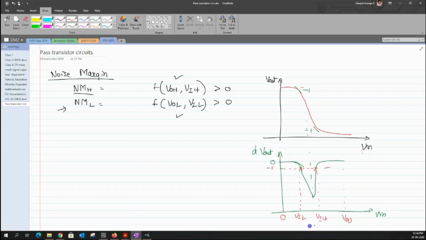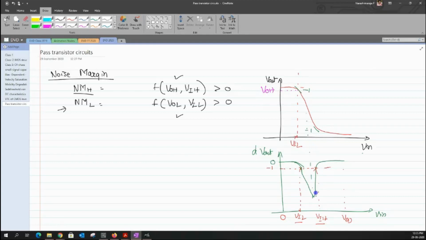Once we got the values of VIL and VIH, we will use these quantities in order to derive the values of the corresponding VOH or VOL quantities. Having got this VIL, I would take this particular point and read out the value of VOH by taking the value of VIL, which I have taken from the derivative graph. I'll place a vertical line across this particular point. This vertical line would then intersect the VTC graph, not the derivative graph, and this in turn would return us a value, which we call VOH. So from VIL, which is the low value, we are taking VOH.